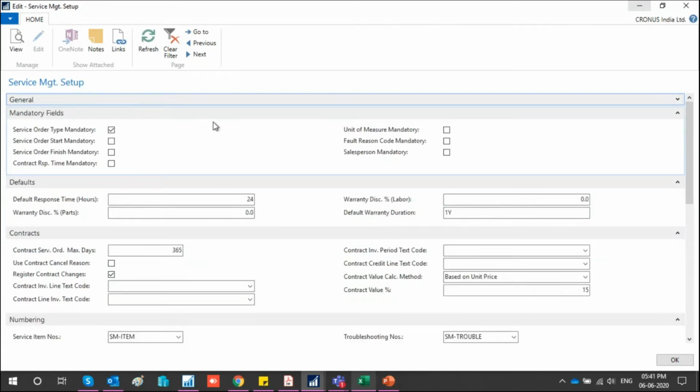Now, mandatory fields. As the tab says, whatever I put as true will be mandatory in the respective transaction. For example, service order type. We have just created the service order type master, like hardware and software. So if I put it true, then it will be mandatory. I will not be allowed to post a service order